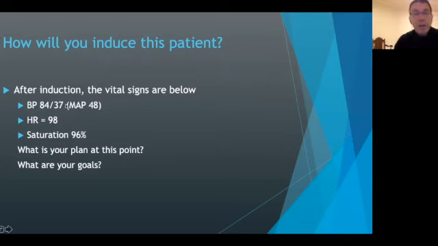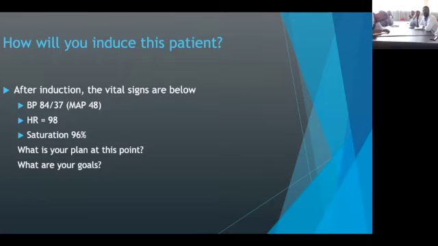So what are your goals? You have this mean arterial pressure of 48. What is your goal for your blood pressure for this patient? Hypotension is common and a risk for possible postoperative complication, and we have to detect and manage it early. There are so many definitions for intraop hypotension. The main one is